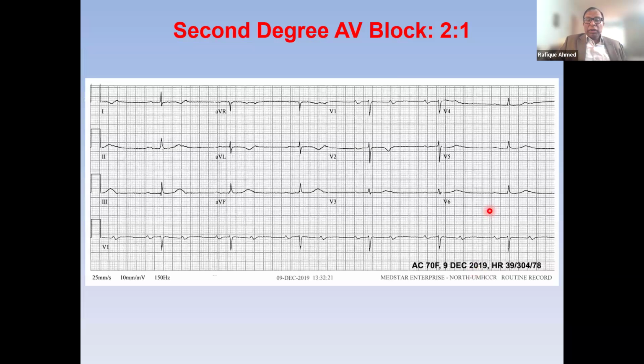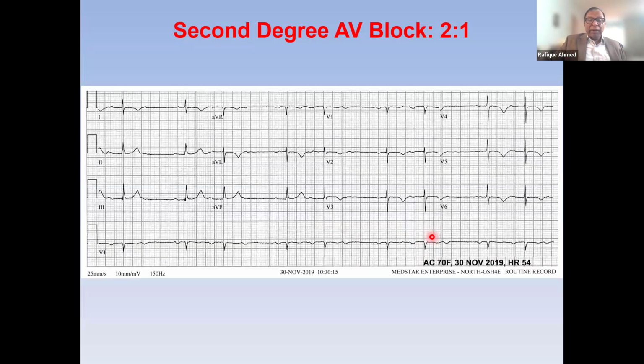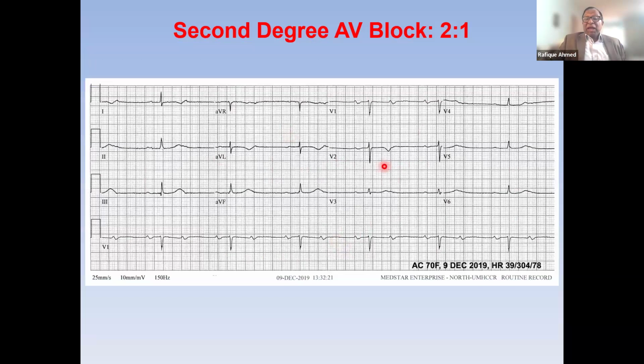How about this patient? Again, it's a little bit prolonged PR with 2 to 1 conduction. And if you look at this ECG, there is actually a Wenckebach pattern. See, PR short, longer, and blocked. So that patient is actually 2 to 1 AV block. At this point, I'll diagnose it as 2 to 1 heart block.